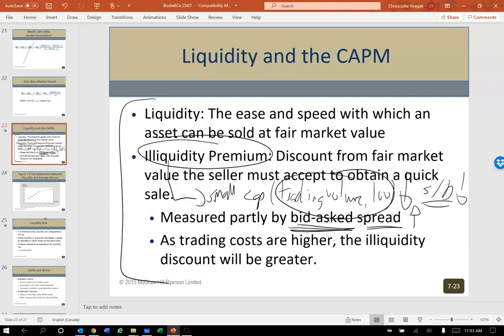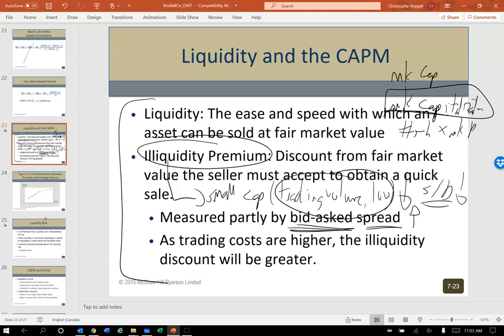And again, market cap, you'll hear market capitalization. Market capitalization is just the number of common shares times the market price. So if you hear market cap, it's just the value of the equity of the company on the stock market. It's not the equity of the balance sheet. That's different. That's assets minus liabilities. But market cap is the equity value on the index, on the stock market.